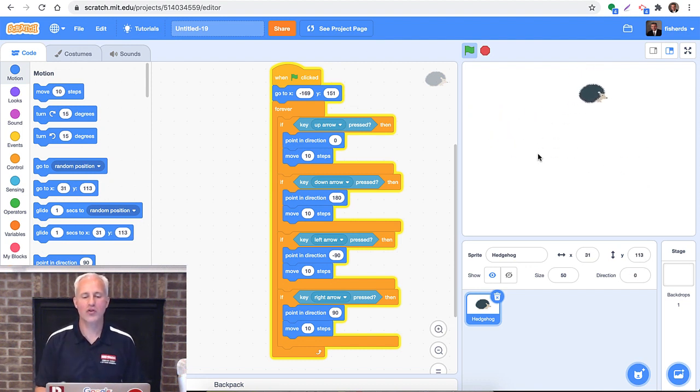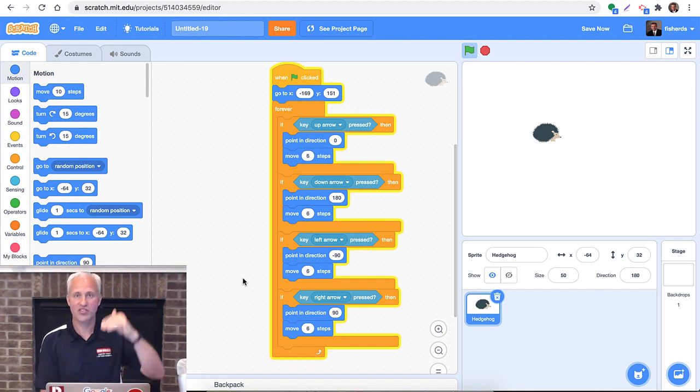And so what we want to do is change the speed. We're going to make it slower. But instead of just changing each one, you'll find that this is annoying. So it's like, oh, maybe 7's the right number. So I'd change them all to 7. You don't have to do that, right? And then you run it and you're like, oh, that's a little too fast. Maybe I want 6. And you can see how whenever you have the same number in your code in many different places, it's better to make a variable that is set one time, and then you can use it everywhere else. So go ahead and click on Variables,